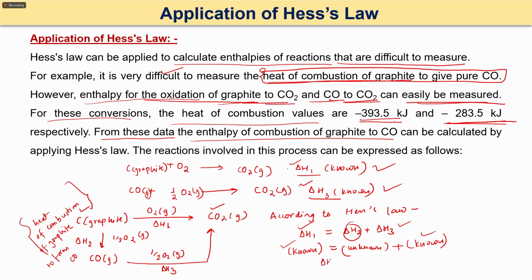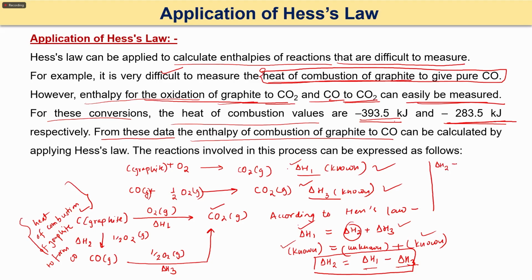So what will be your delta H2? Delta H1 minus delta H3. So your delta H2 will become equal to delta H1 minus delta H3, and delta H2 is nothing but the heat of combustion of graphite to carbon monoxide. That means we can easily calculate it if we know these values, that is the heat of combustion of carbon to carbon dioxide and of carbon monoxide to carbon dioxide. Okay, so this can be calculated, and if you put these values,